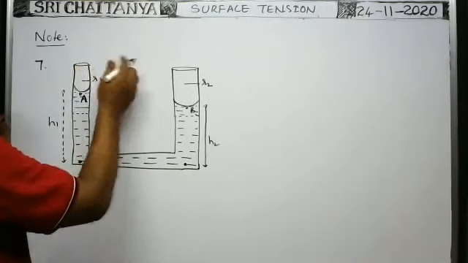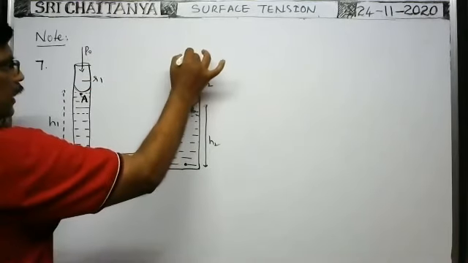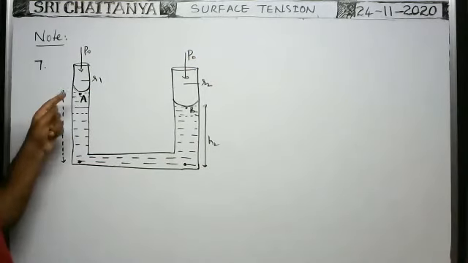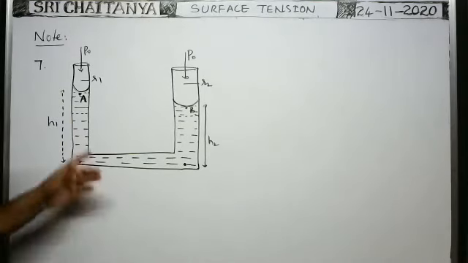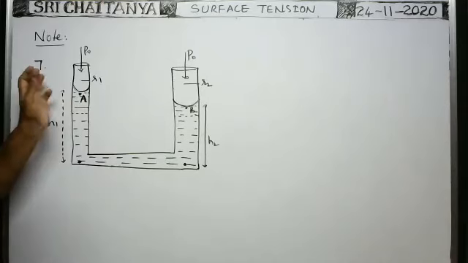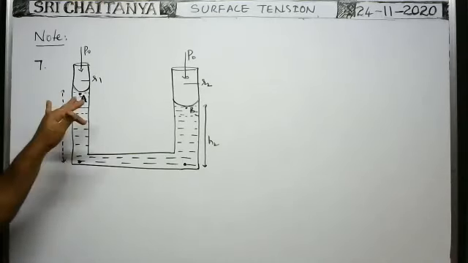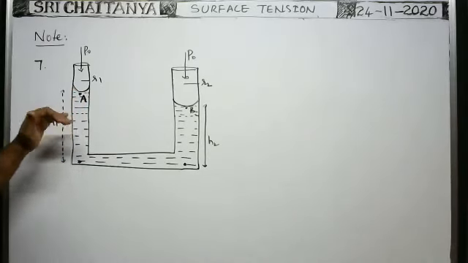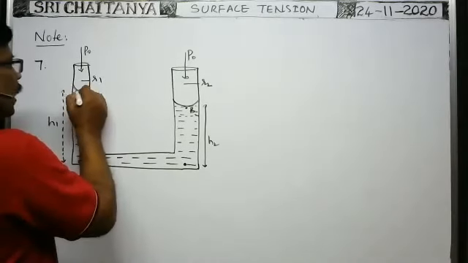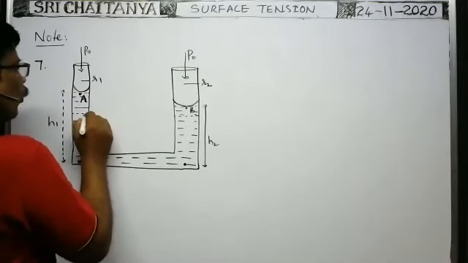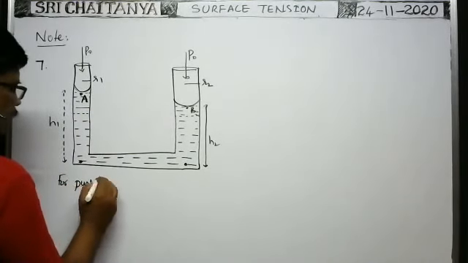Here, as these tubes are open to the atmosphere, no doubt atmospheric pressure acts on the surface of the meniscus here and here. Is the angle of contact less than 90 or greater than 90 in the case of this liquid? As you know the nature of the meniscus, the shape of the meniscus is already drawn. Based on this, is the angle of contact more than 90 or less than 90? Less than 90. That's why the liquid level rises. Hence, it is the concave shape. Suppose it is pure water and glass.